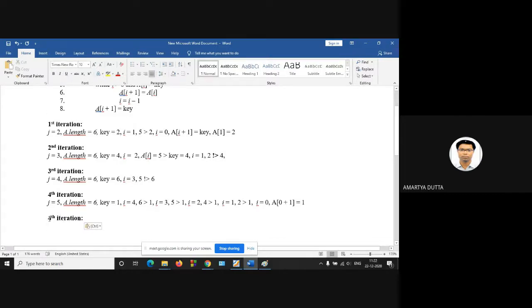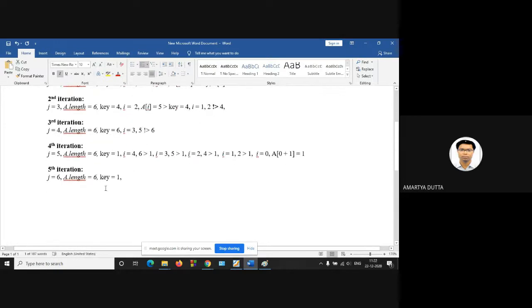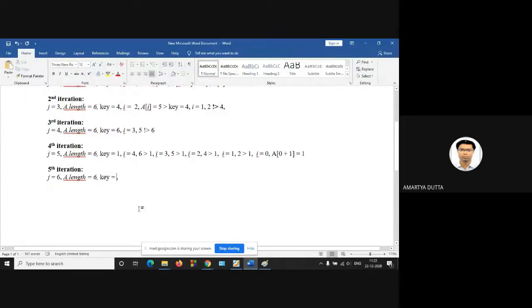So this is the fifth iteration. According to the fifth iteration, this value is 6 because it runs up to the last position. Your key value is a of j, so your key value is 3.